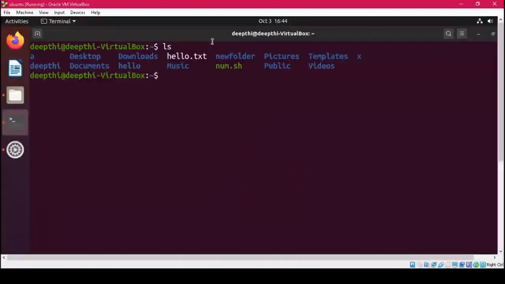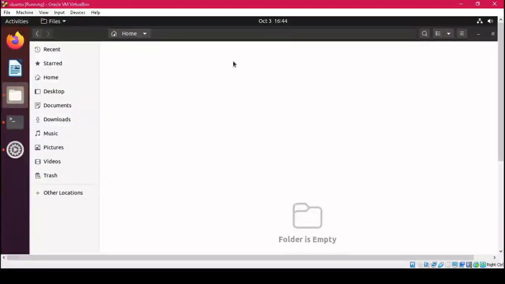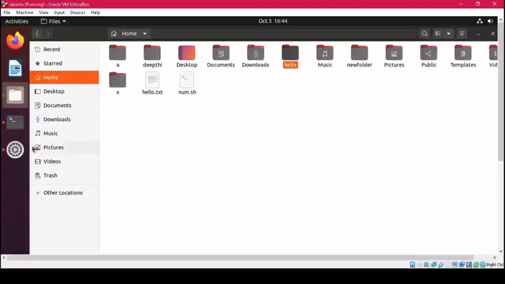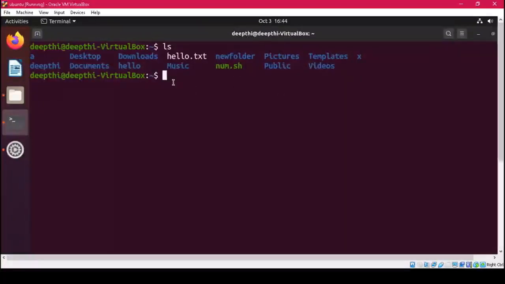Now I am writing ls, and as you can see, we still have our hello folder, right? Now let's see. If I want to delete it, let's see whether it is there or not. Yeah, hello is there. Hello.txt is also there, but that is a text file. We are concerned about this directory, and inside this hello we were having a file and a directory. Now let's delete it, simply rmdir hello, and now it can be deleted because it is empty.